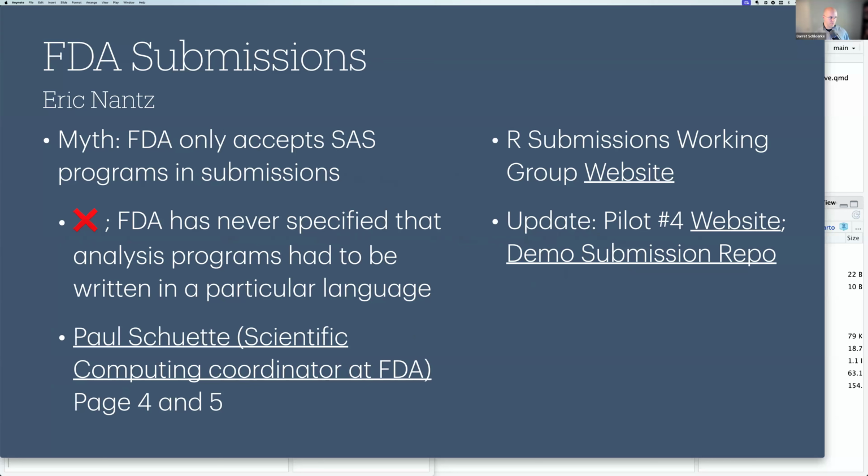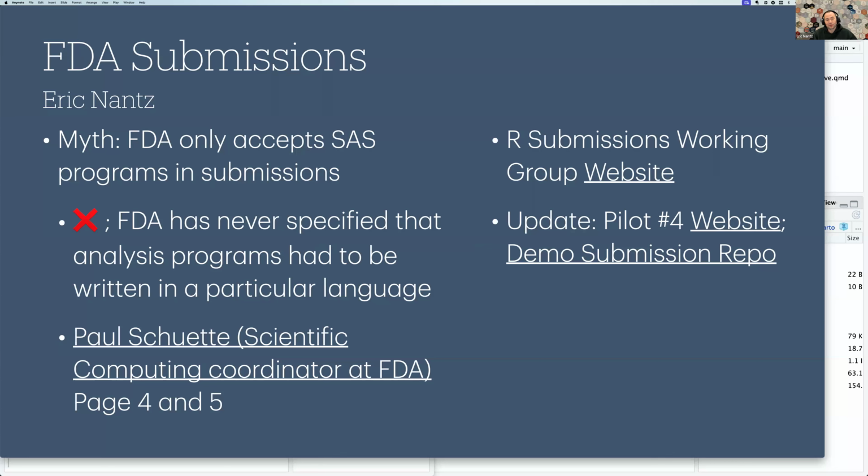And now I will hand the floor to Eric to talk about FDA submissions, because we've gone through some of these limitations, but there's some exciting opportunities here. Yeah, thank you, Barret. So I'll take a few minutes to share some of my most exciting collaboration I've had externally with respect to this possibility, where this is rooted in a working group that I'm a part